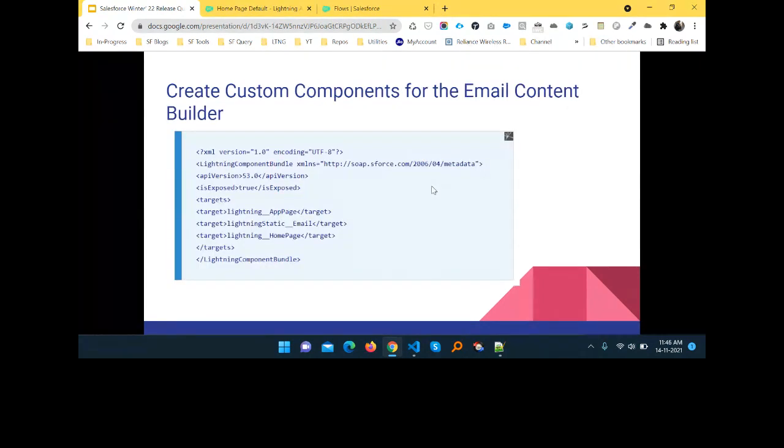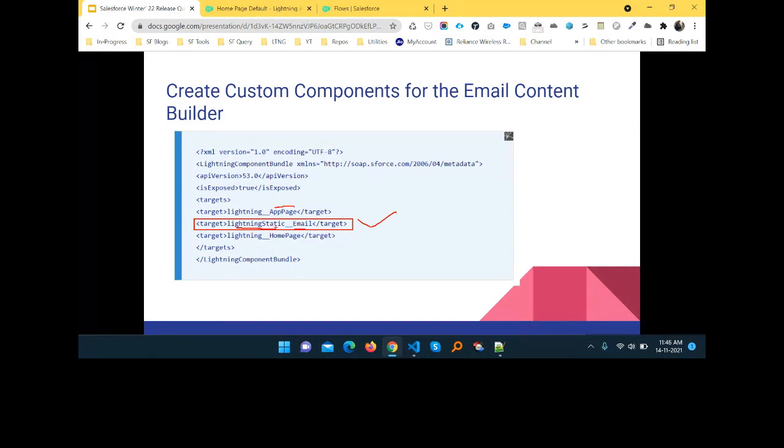Here you can see create a custom component for the email content builder. One of the main features now available is this target. Under the target you can see lightning__Email, same as app page, record page, home page. This is another tag available under the metadata file.